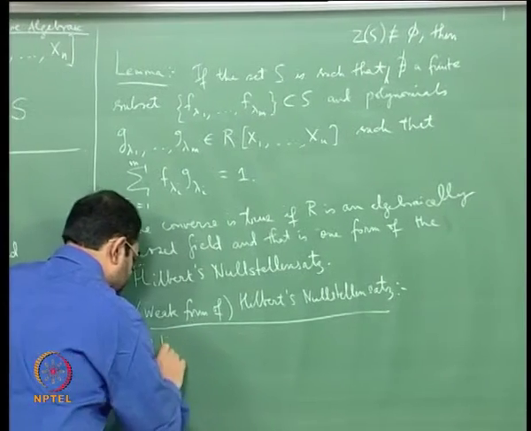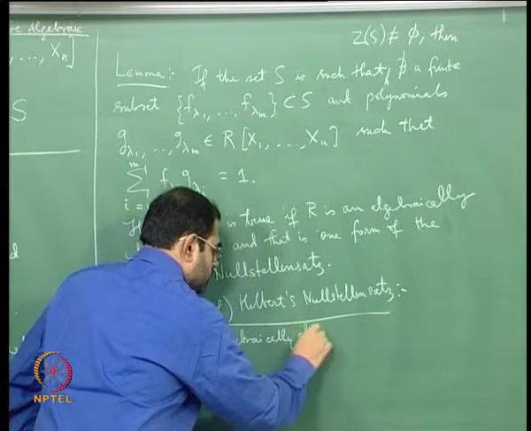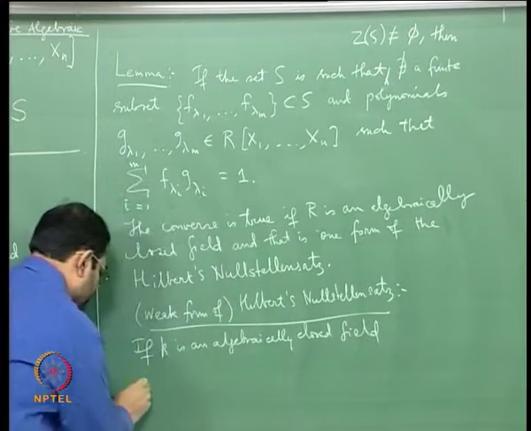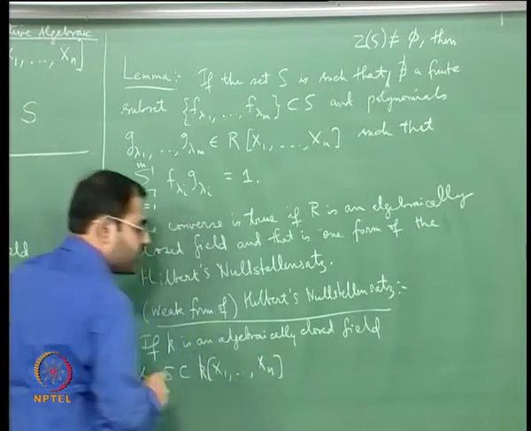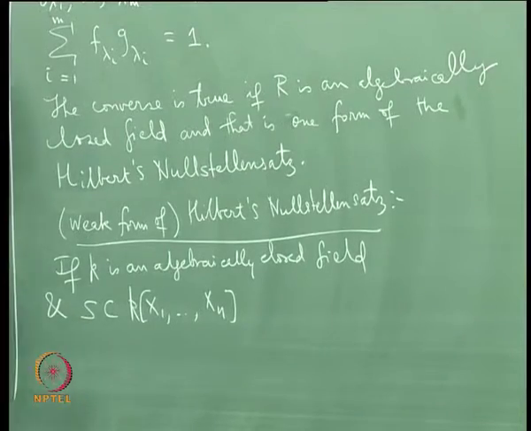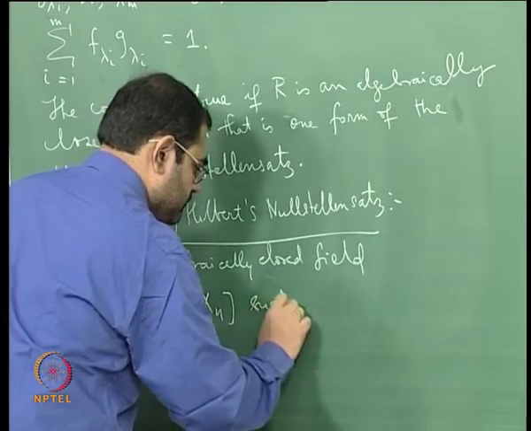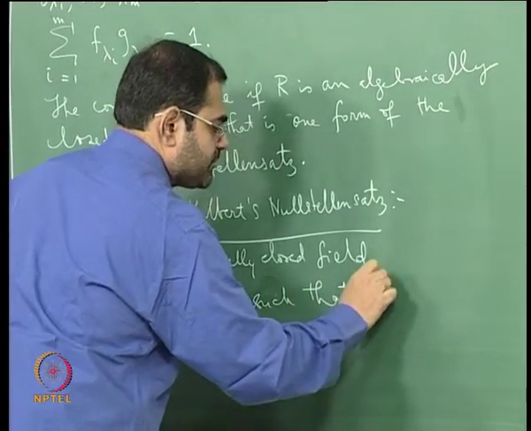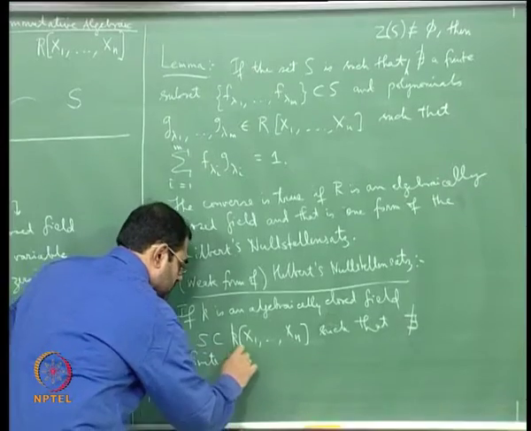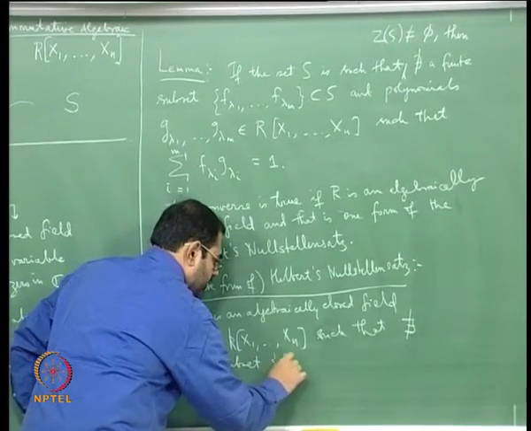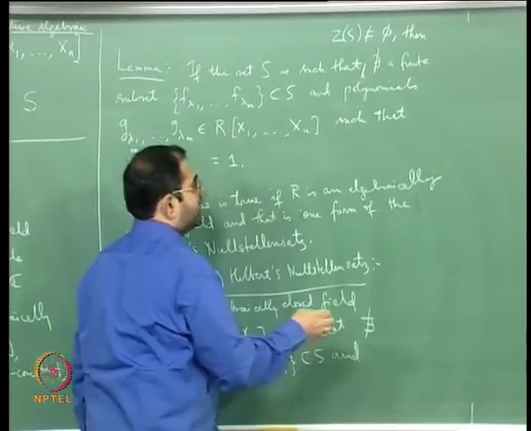If K is an algebraically closed field, and S is a subset of polynomials over K in n variables, of course small n is greater than or equal to 1, such that there does not exist a finite subset, let me write f1 etc. fm in S, and polynomials